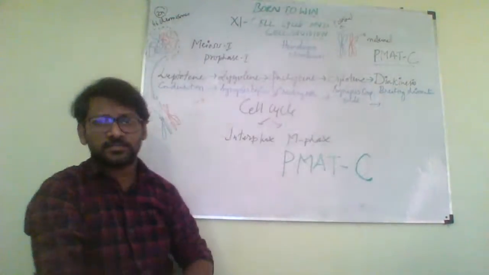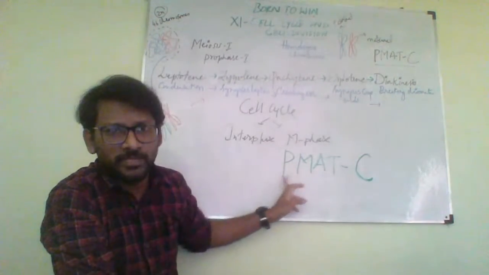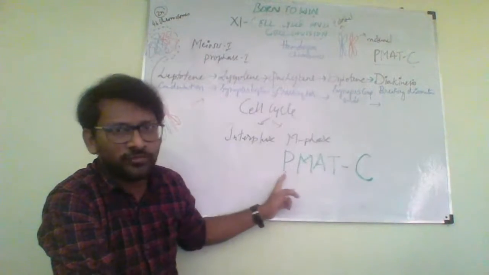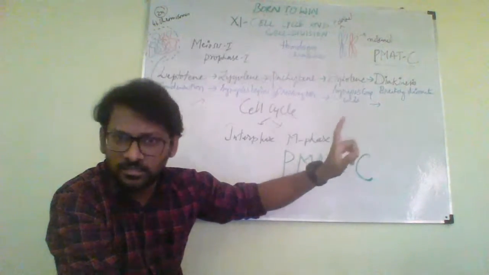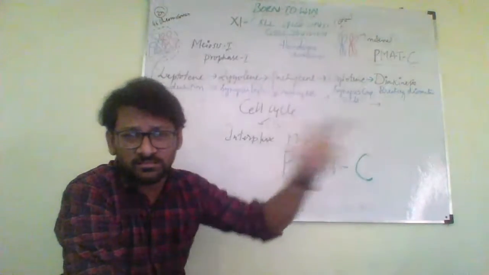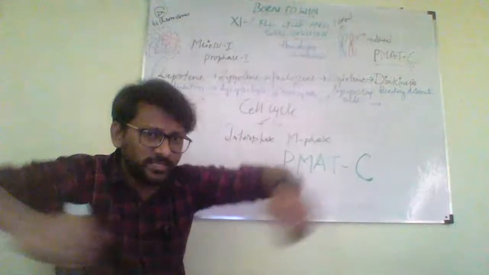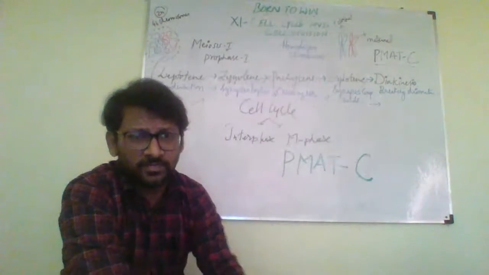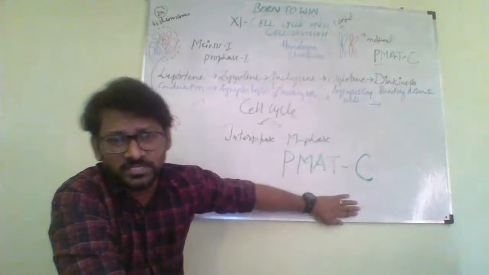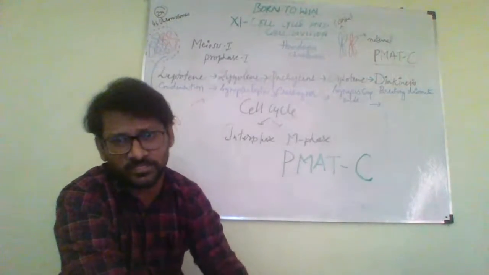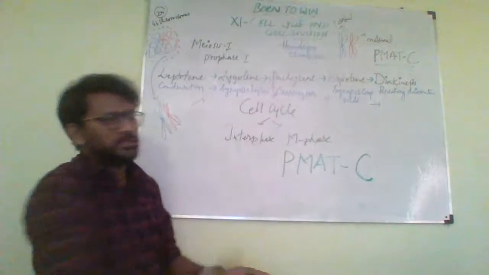Whoever is new to this class, this would be new. P, MAT, C is nothing but prophase, metaphase, anaphase, telophase followed by cytokinesis. Cytokinesis is the end of the cell division, where the cytoplasm gets divided. So P, MAT, C is a mnemonic for this M phase, that is the mitotic phase. And interphase again will be having